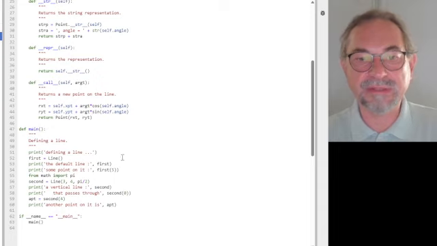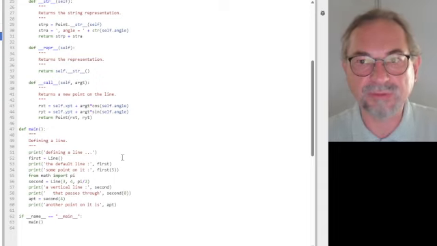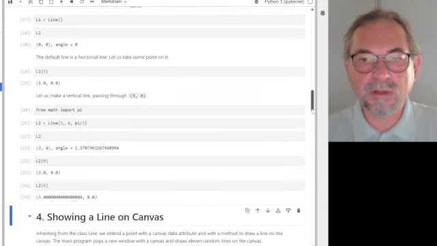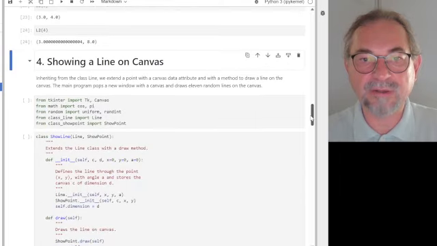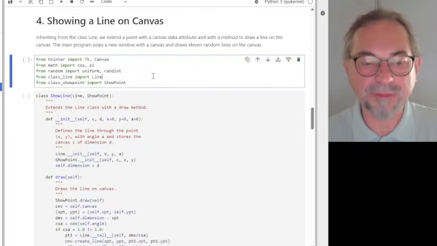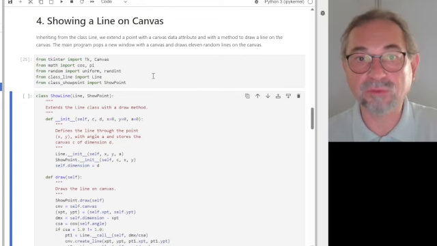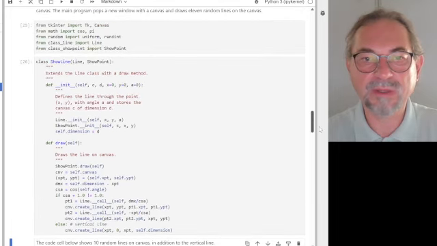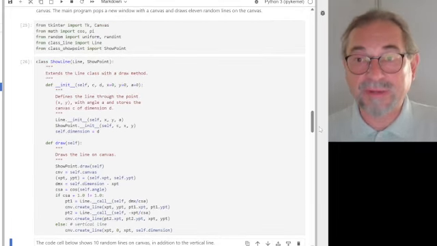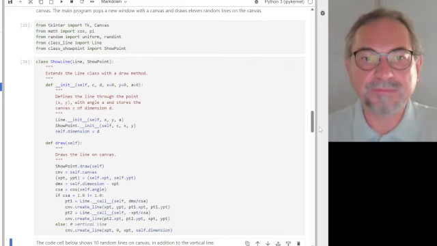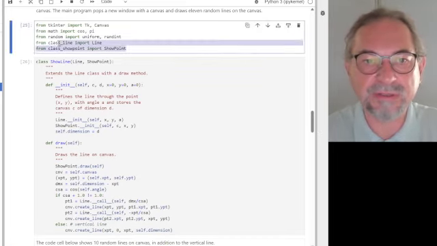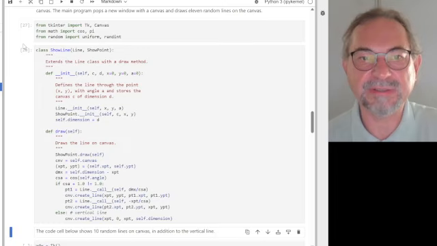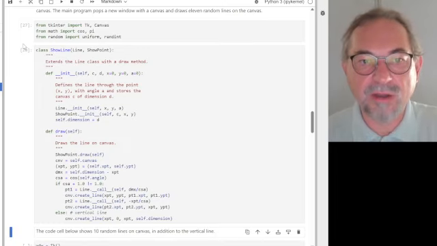So here is then the test program, what I executed in the Jupyter notebook. Okay, showing a line on canvas now. Now it gets a little bit more complicated because we have to define the range of the value. And we also have a case of multiple inheritance. So these imports are actually not necessary and I should remove them. They don't harm, but they're not necessary here. So I will